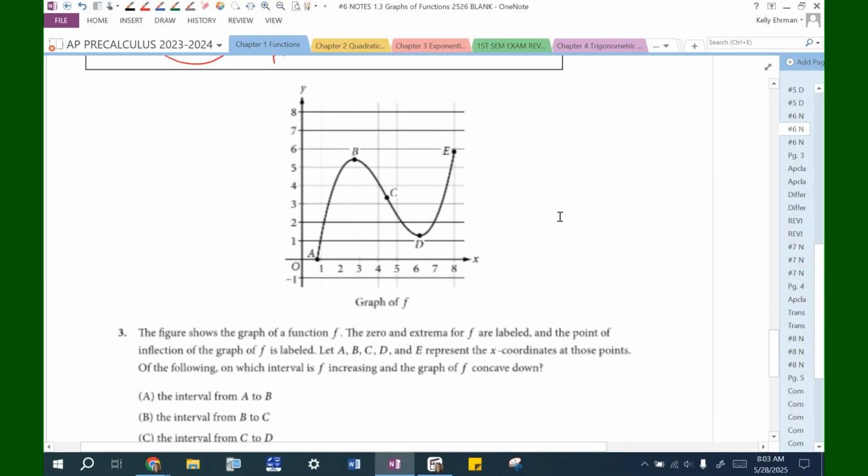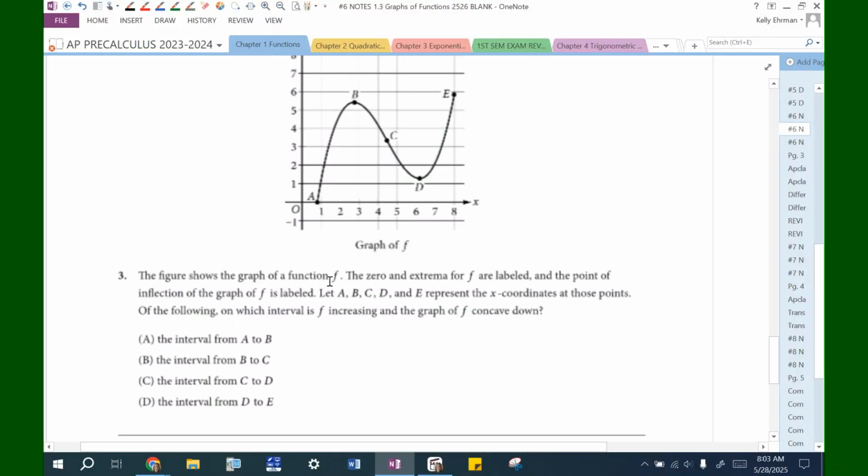All right, so take a look at this AP problem. It says here's a graph of f. The figure shows the graph of function f. The zero and extrema for f are labeled, and the point of inflection on the graph is labeled. Let A, B, C, D, and E represent the x coordinates at those points. Of the following,